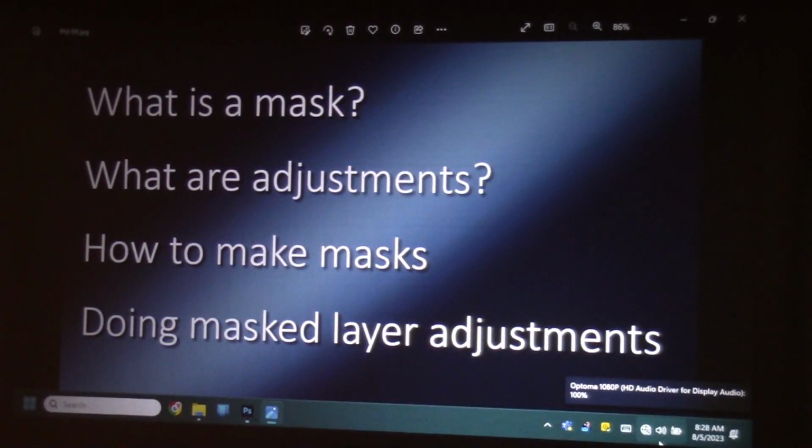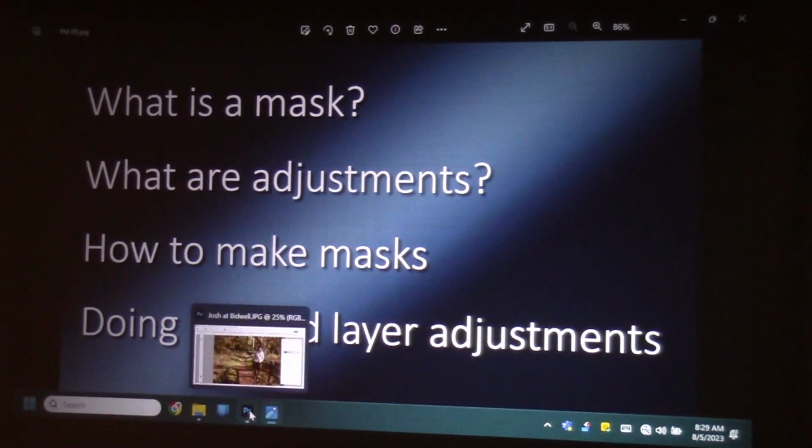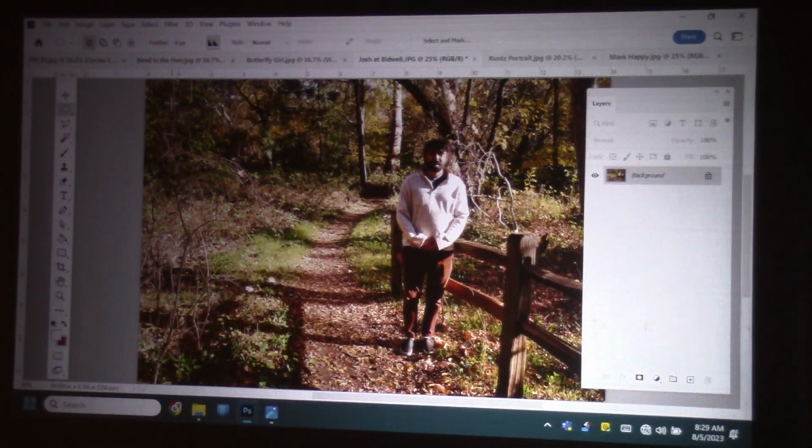Okay, so we saw what a mask is, we saw what an adjustment is. Now we're going to talk about how to make masks, and then we're going to hit exactly what Tom just said. We're going to put it all together. Again, just like with everything else, there are a very large number of masking tools in Photoshop. I basically use 3 more than anything else, and those are the ones I'm going to show you now. And again, this is really where Photoshop has made some changes lately. So let's go to